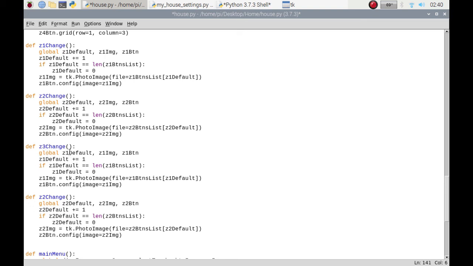That's zone 3, that's zone 3. Just going to swap all these out. And I've made a mistake in my